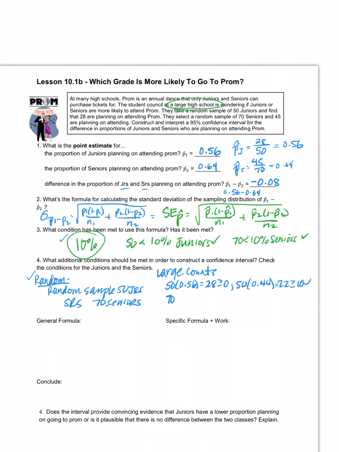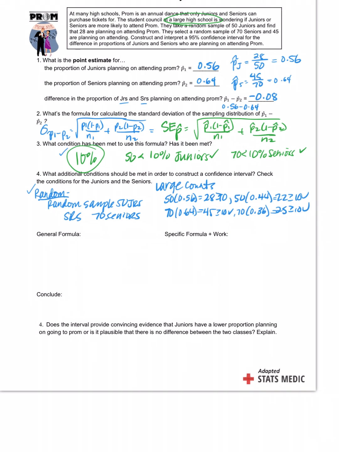And then I do the seniors. 70 times 0.64 gives me 45. Oops, that's greater than or equal to 10. And then 70 times 0.36 gives me 25, greater than or equal to 10. So it's just tedious work. It's not hard, it's just tedious. Now we get into